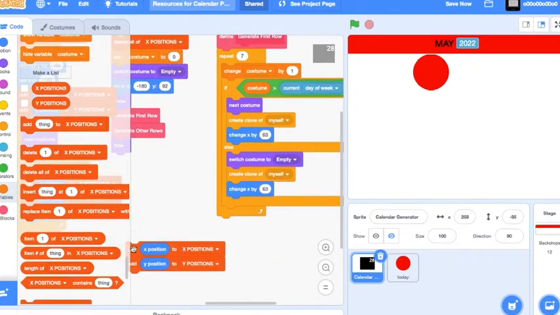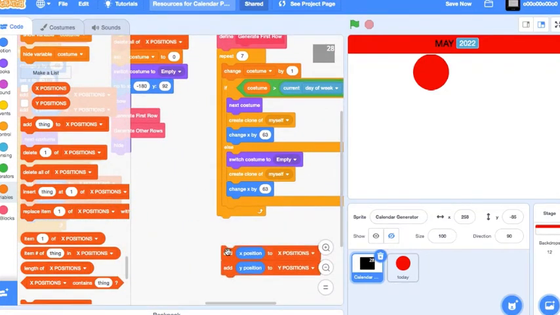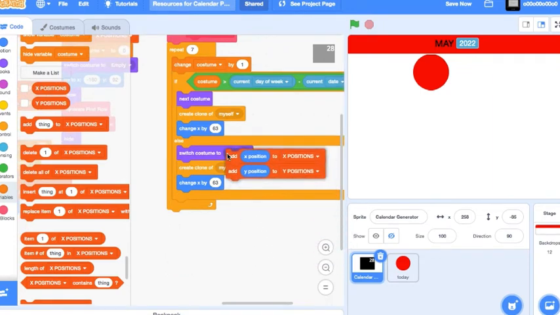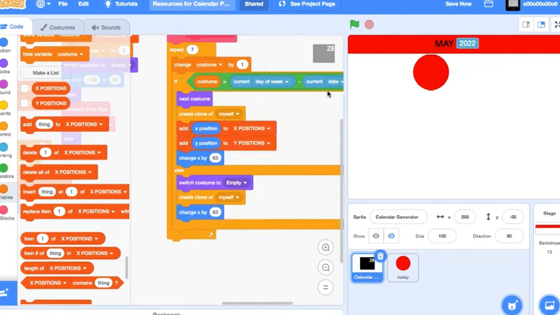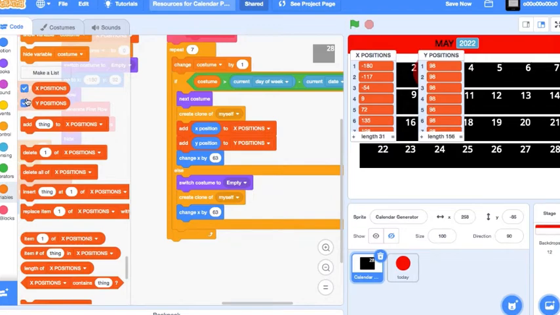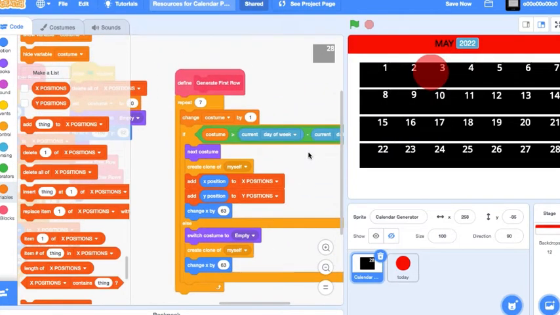And we'll place this last one just here before changing x by 63. Now if we run that, we have a whole new list of x positions and y positions. These are all the positions of each clone.